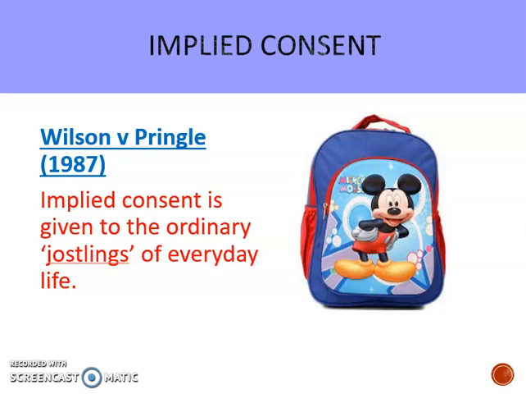So if you are going onto a busy tube in the London Underground or walking down a busy corridor, although you're not expressly saying you're consenting to slight touchings, the law will imply by the fact you are there that you are impliedly consenting to some small touchings. And in Wilson and Pringle, the court said that implied consent is given to the ordinary jostlings of everyday life. So people are going to stand on your toe, people are going to accidentally nudge you in queues and things like that. We cannot have batteries in all of those situations. We imply consent there.